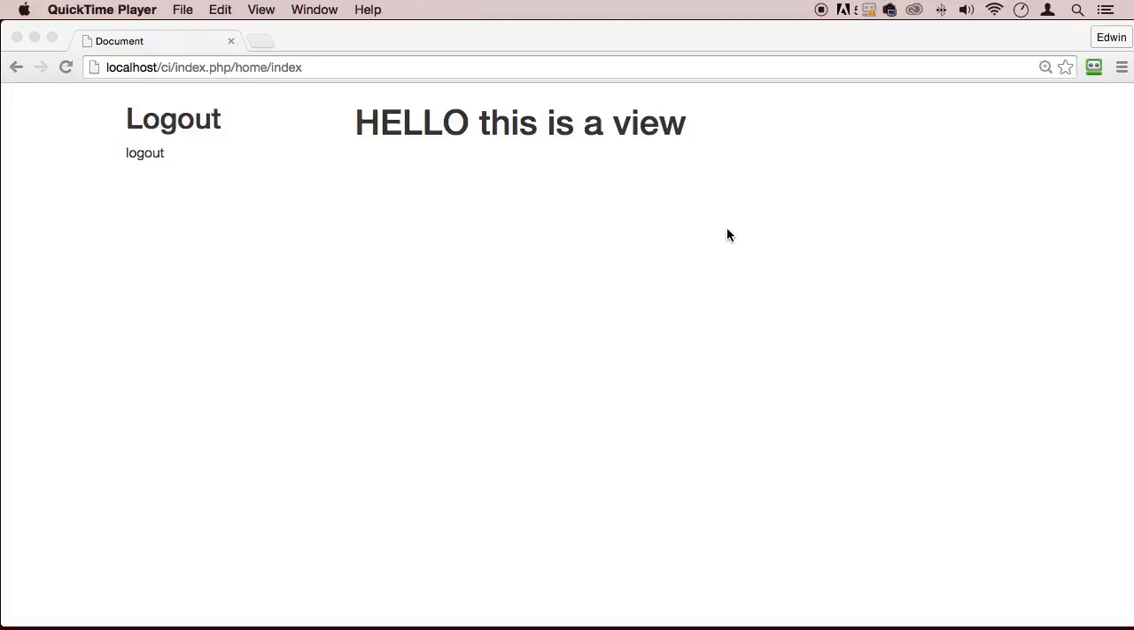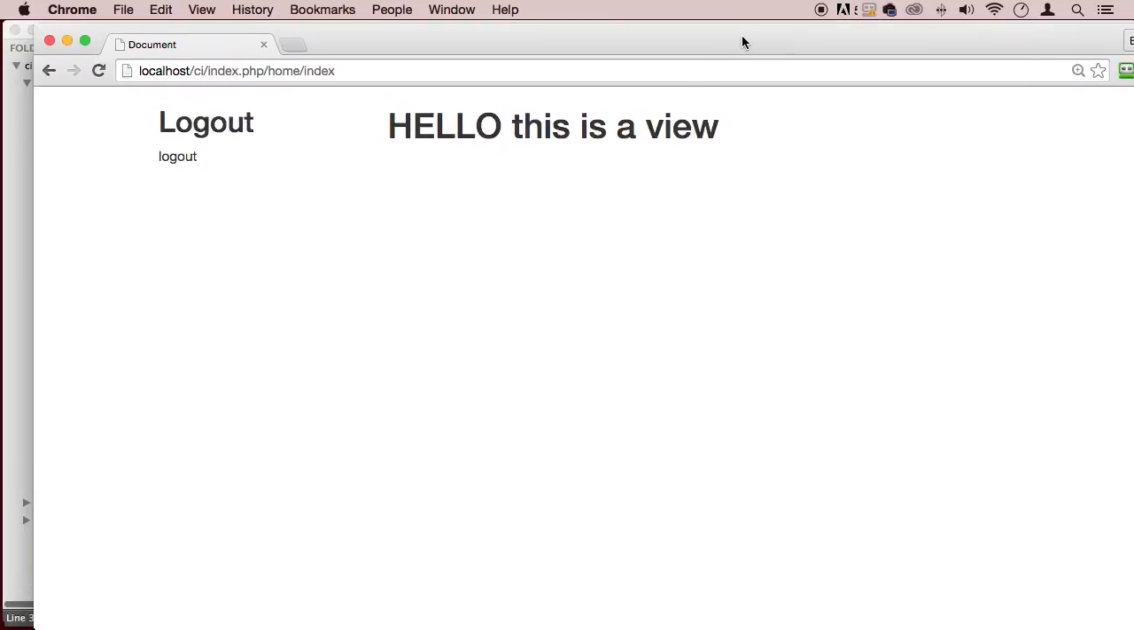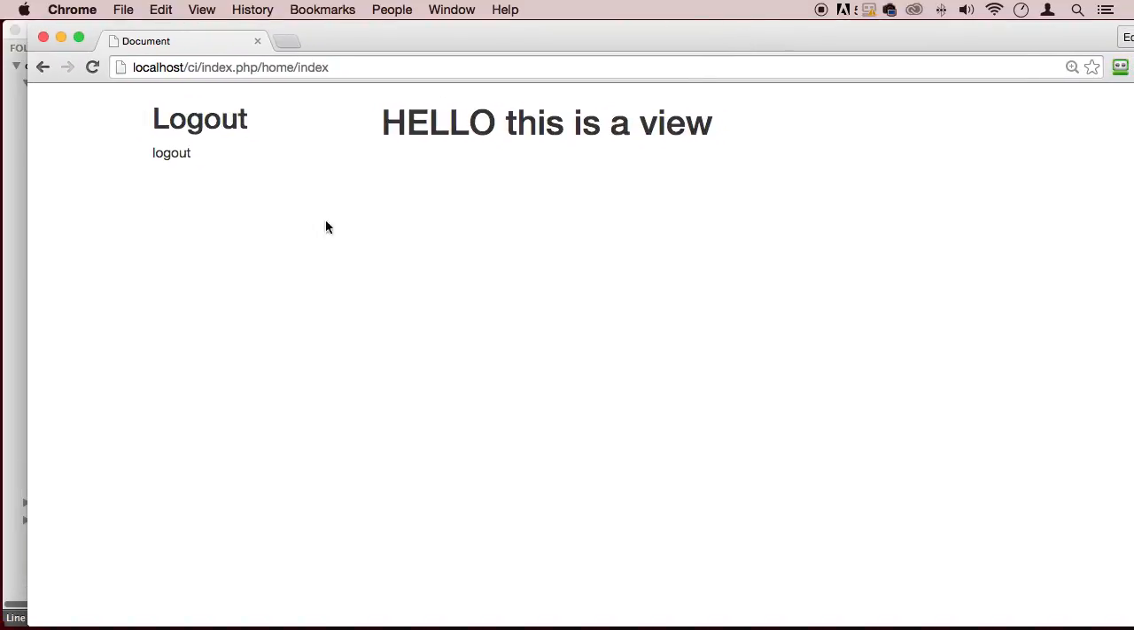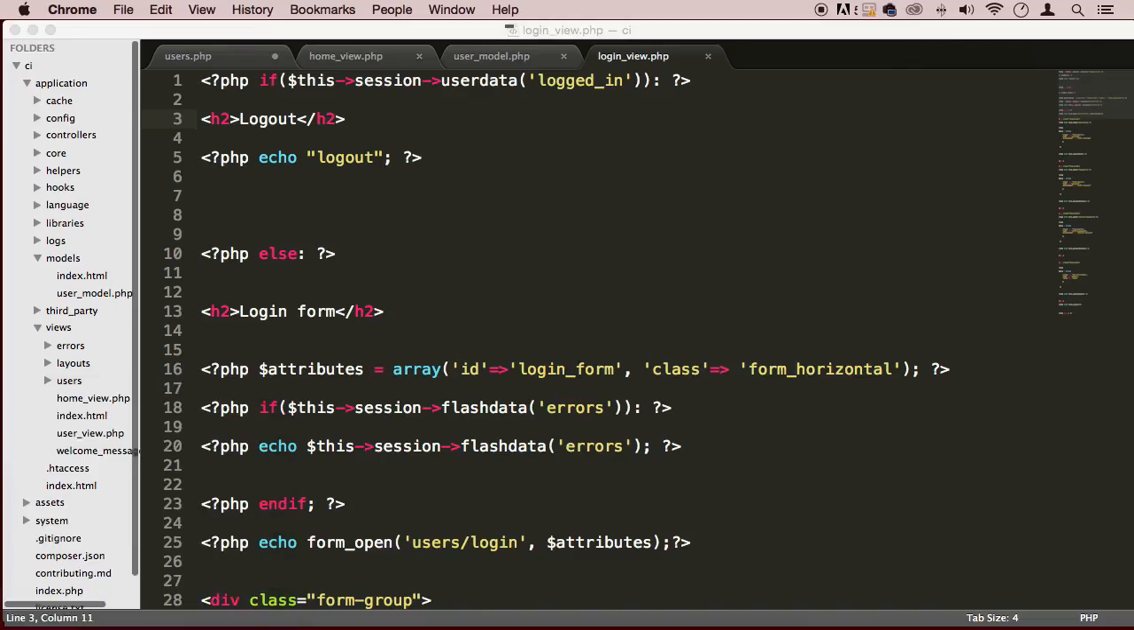All right, so we are logged in, but there is no way to log out, right? So how are we going to be logging out of our application here? So let's go and create a form here that will allow us to log out. All right, so right here on the login view,